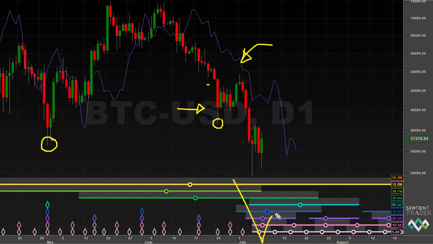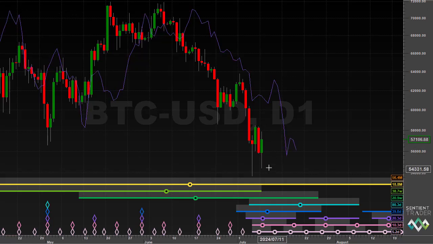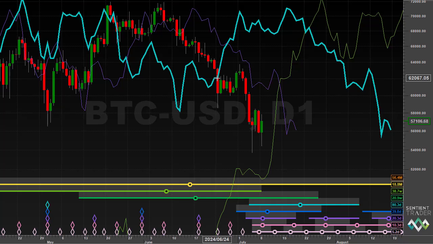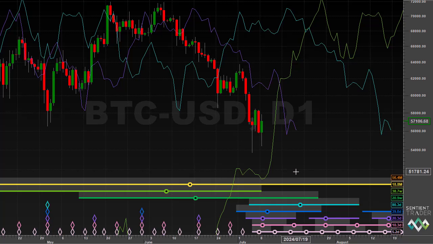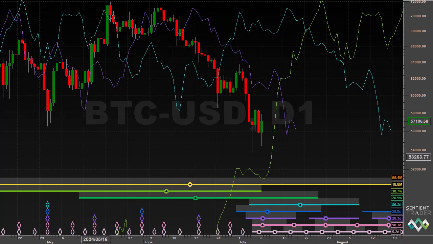and indicated that the most likely analysis, that the 18-month cycle trough still lies ahead of us, is the one in play. And so we are now watching for that 18-month cycle trough to form. There is no confirmation yet that it has formed, but if we take a look at two other FLDs on this chart, they provide us with some interesting information. First of all, there is the 80-day cycle FLD on this analysis, which presents a target of about $52,000. You can see that price crossed fairly cleanly below that 80-day cycle FLD on the 24th of June, and that provides us with a target of $52,000.